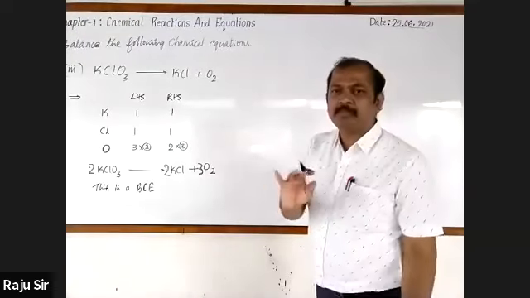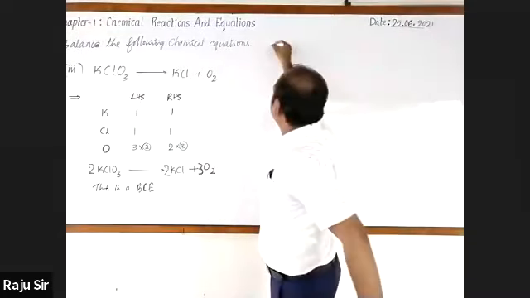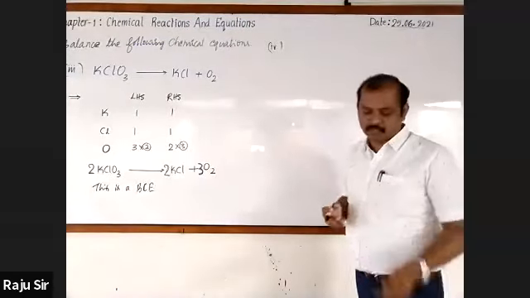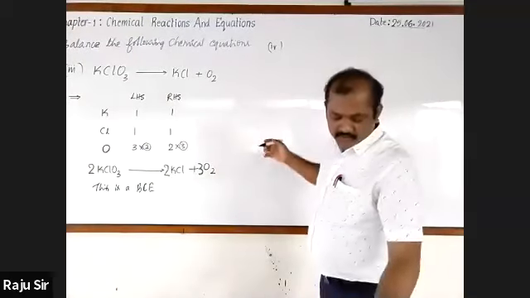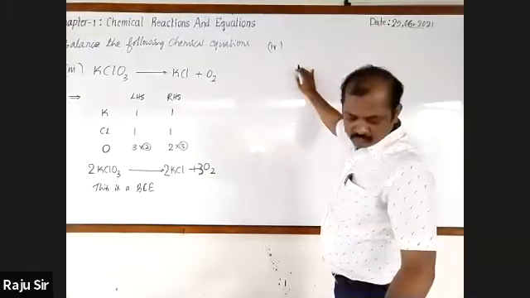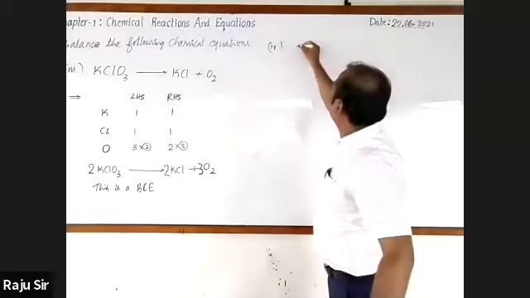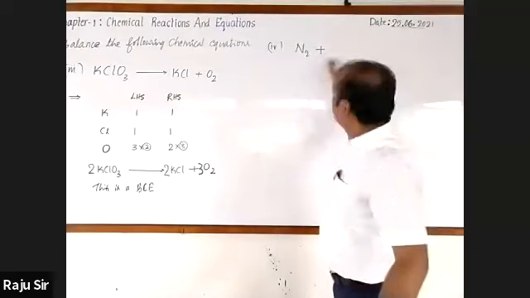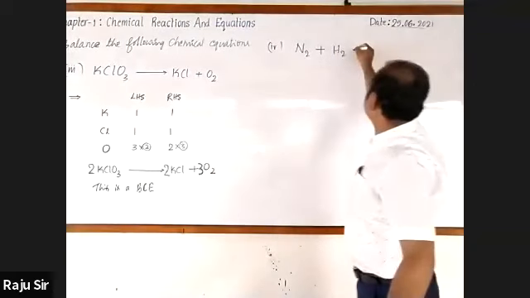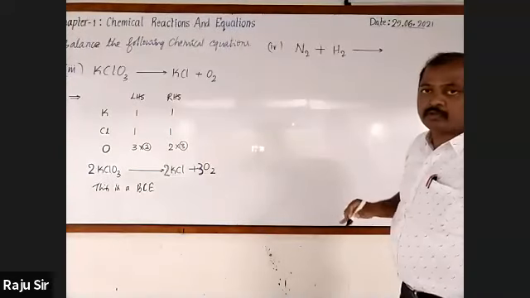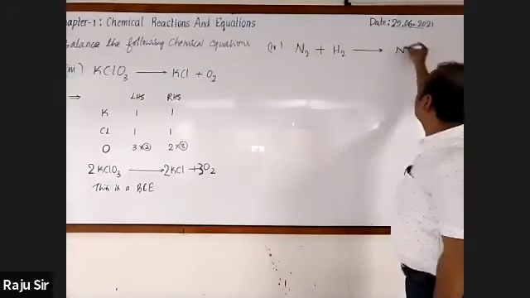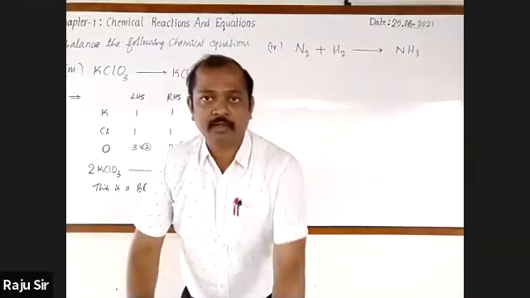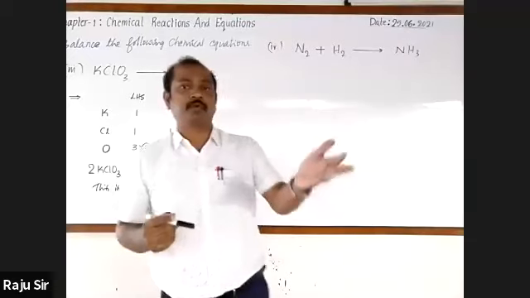We are moving from simple to complex. Super simple, then the complex. You'll get the confidence as you get the correct balanced chemical equations. Nitrogen gas: when nitrogen gas is passed over hydrogen gas, or when these two react with each other, they form NH3, ammonia, not ammonium. Ammonium is NH4.